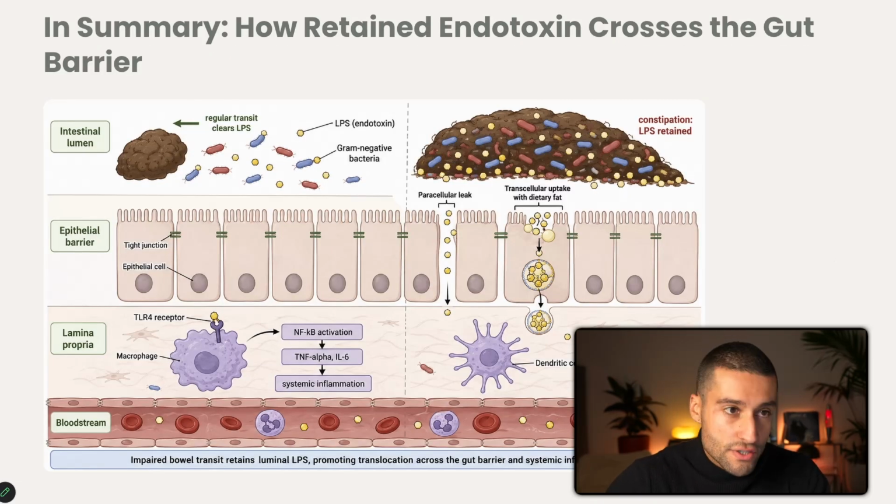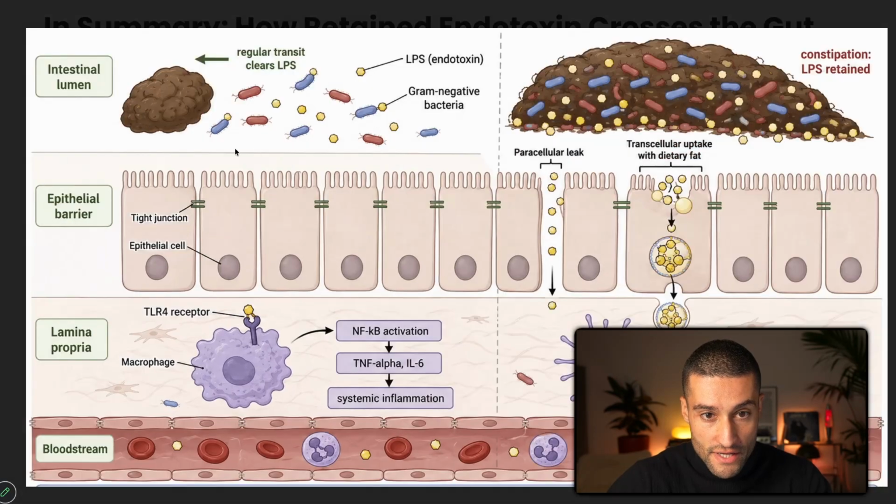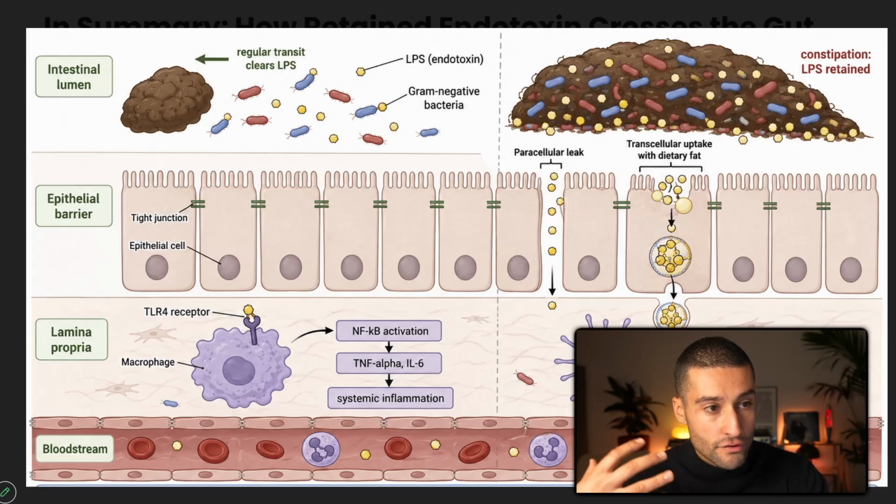Your gut, your colon, your large intestine is full of gram-negative bacteria. Those are in the blue, and attached to them is the LPS, drawn in the yellow hexagons. It's very inflammatory. LPS is constantly being shed. It's normal. On the left state, consider normal bowel movements. On the right, the big poop, that's constipation happening. High concentration of LPS is pressed up against the luminal wall for a long time and eventually finds its way